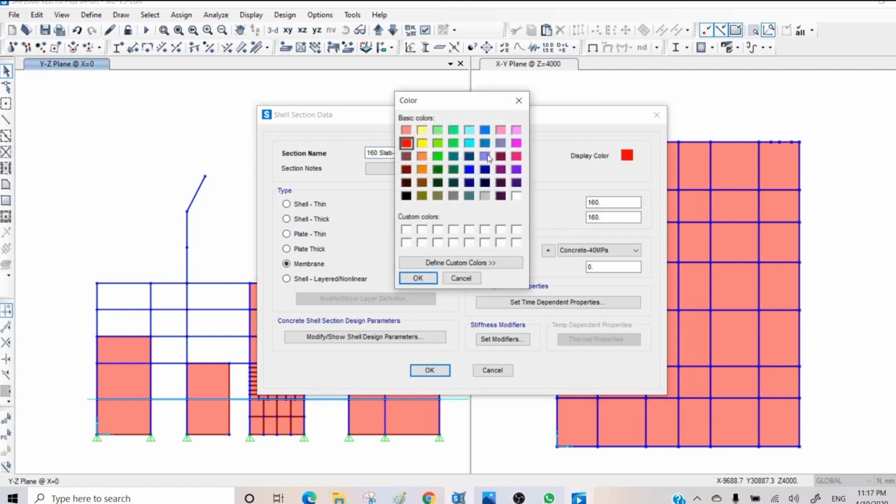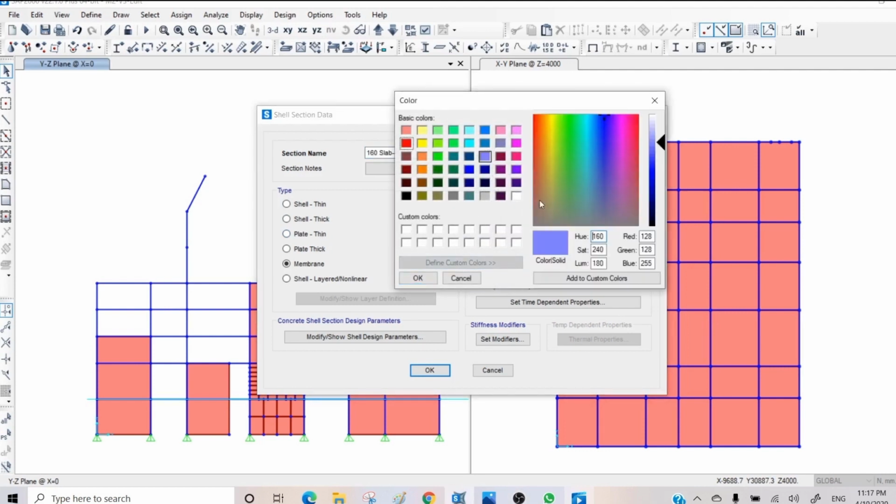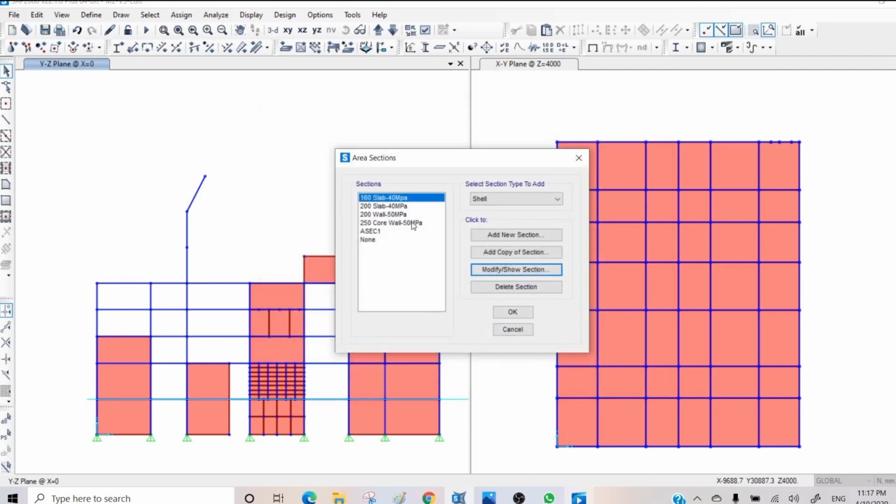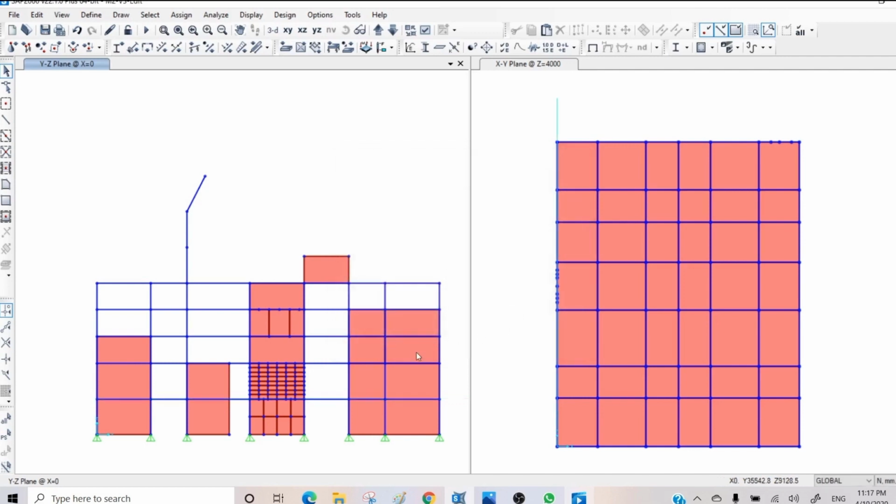Changing the color to something lighter, playing with this a little bit, and then I press OK. So I have a slab for my composite beams, I have a normal slab, I have load bearing wall, and I have core walls. Now I want to show you what's the advantage of having different colors. For example, if those walls up to here are